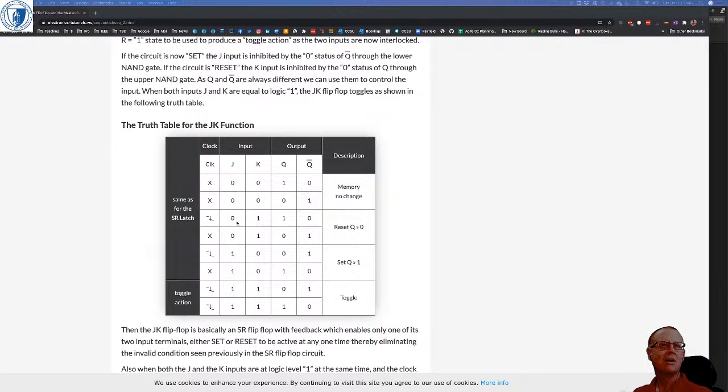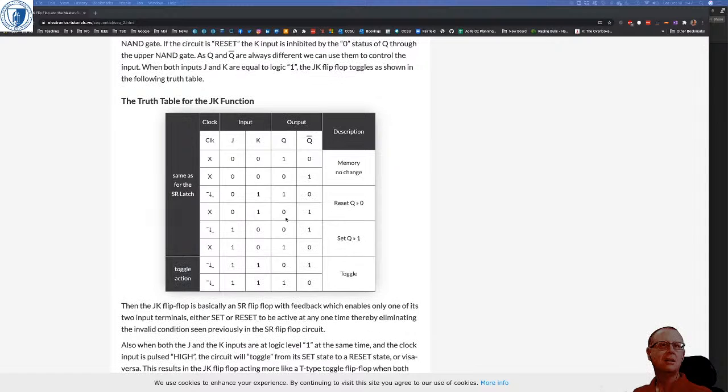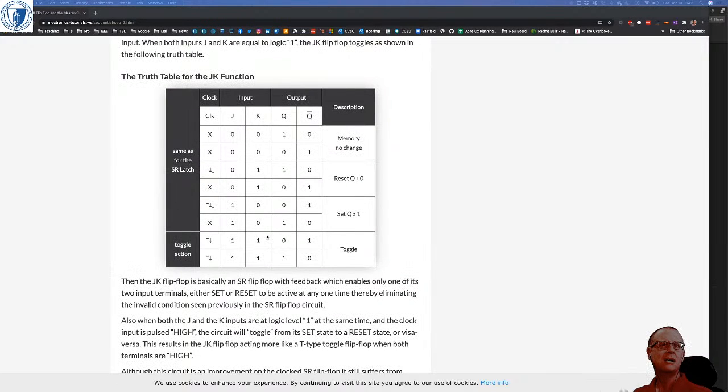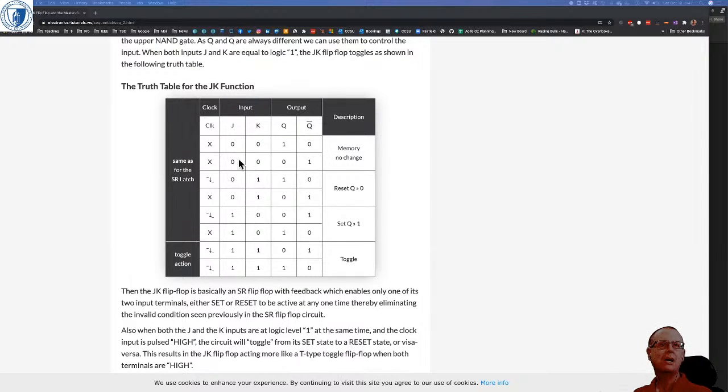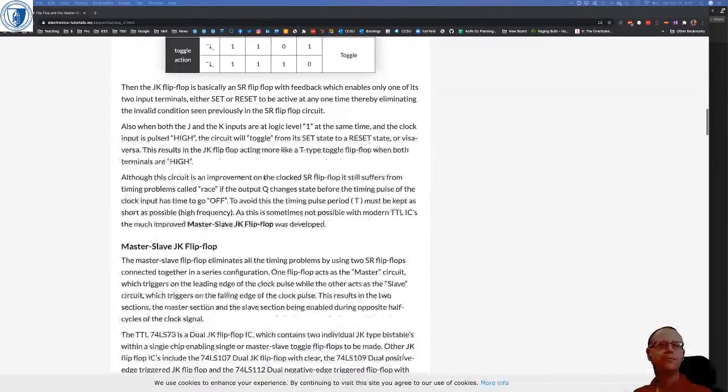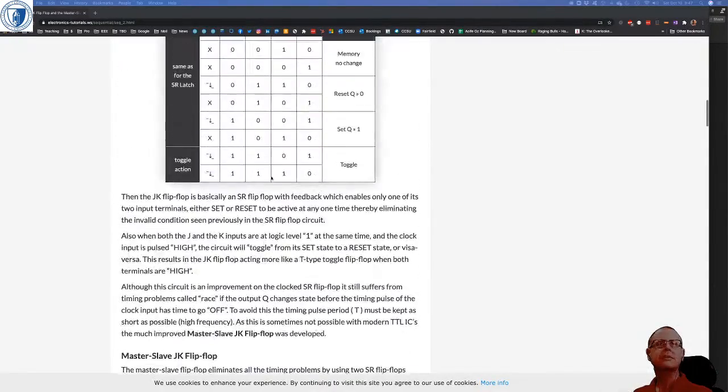So on a transition, when J is 0 and K is 1, right? And on a transition when J is 1 and K is 0, and then we get the toggle when both J and K are 1, and we get nothing happening when both J and K are 0. So how do we do that